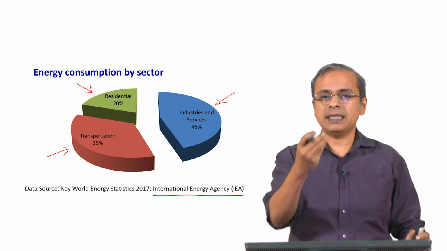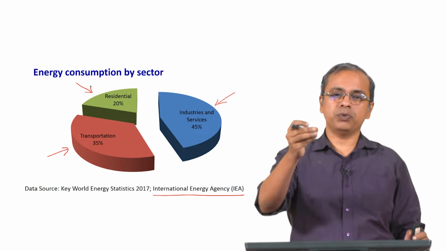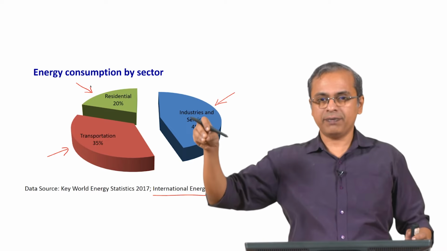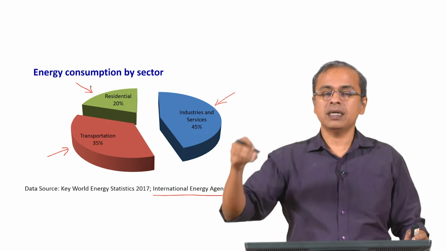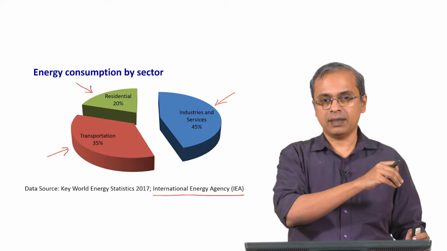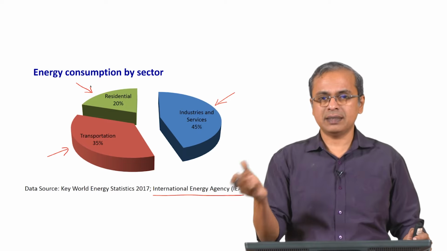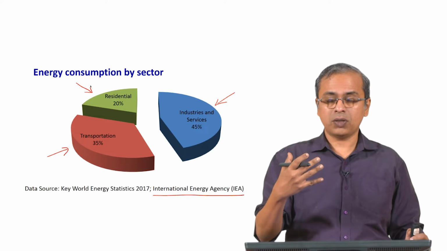So, when we propose a technology and we say this technology will be useful, we have to acknowledge the fact that some technology may be very useful in a city situation, some may be very useful in, say, a village situation, and both are equally important. It is not that one is any less important than the other, but that thought process should be there.